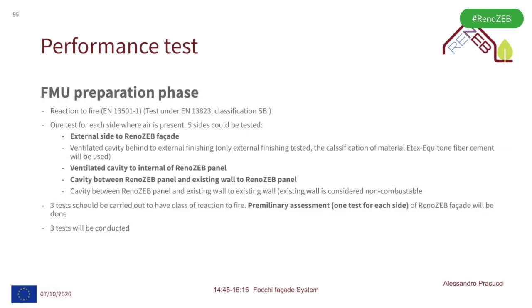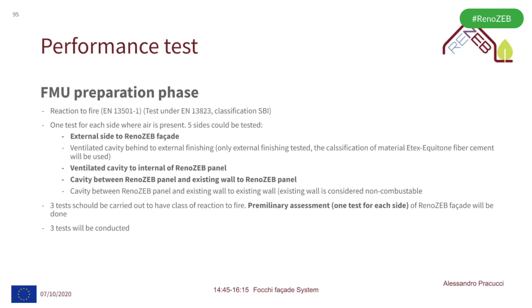The last test is the thermocap test. This is not a test mandatory for the certification at this moment for curtain wall facade, but we wanted to understand the possible classification at reaction to fire of the facade, and so we tested the facade with the SBI test. So it's a small chamber of 1 meter by 1.5, where the heating